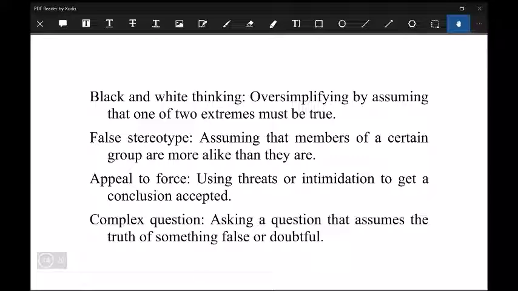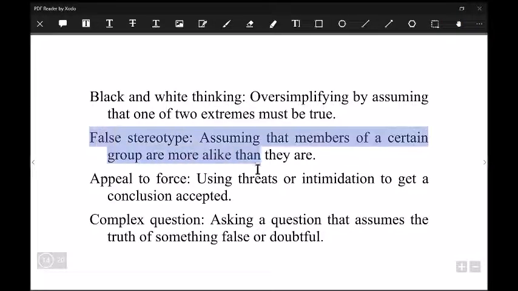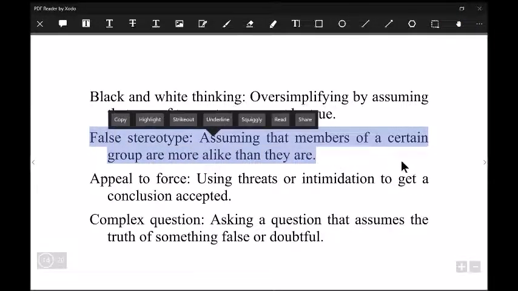So black and white thinking: you're this or that. You're logical or emotional, you can't be both. You can be both. You can be neither. You can be any logical or emotional to any degree and the other to any degree. They're not opposites. False stereotype is where you assume that the members of a certain group are more alike than